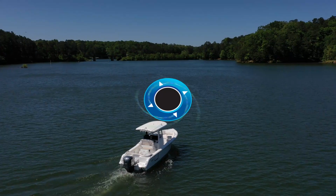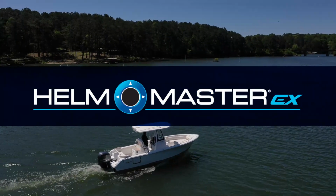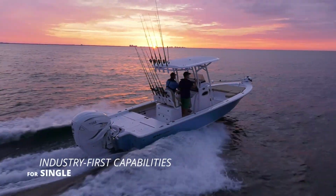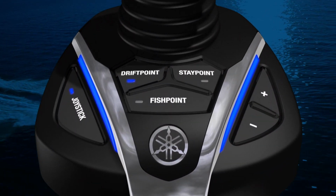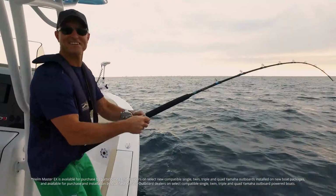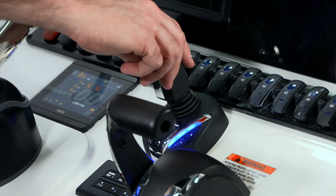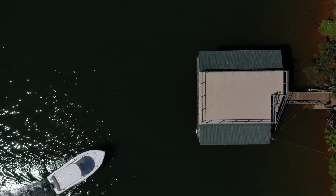With the introduction of the next generation Helm Master EX integrated boat control system, a majority of multi-engine Helm Master features are now available for single-engine boats. Joystick maneuverability, fish point, drift point, autopilot, and directional control all give you the ability to engage in your sport as never before. With a single Yamaha engine and Helm Master EX controls, Yamaha seemingly defies physics with surprising control